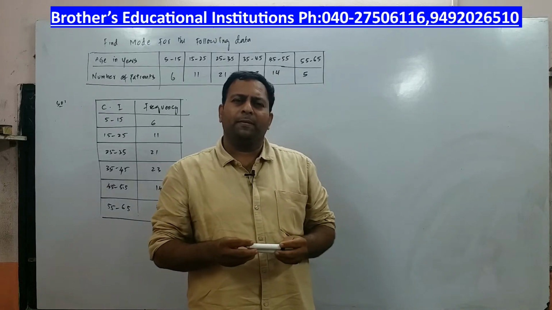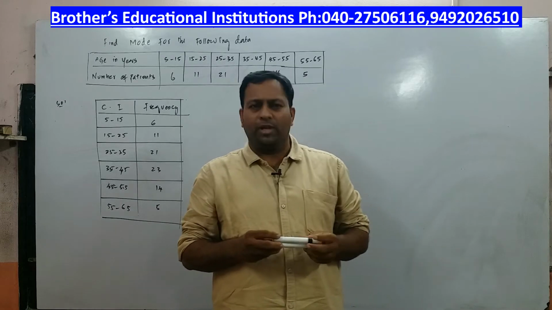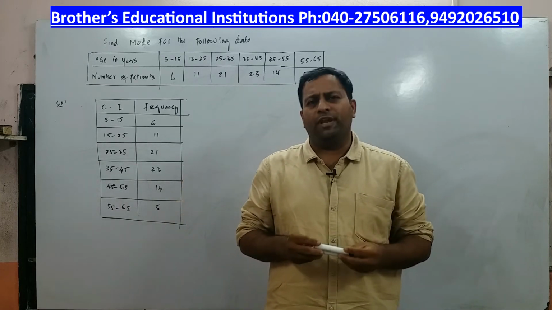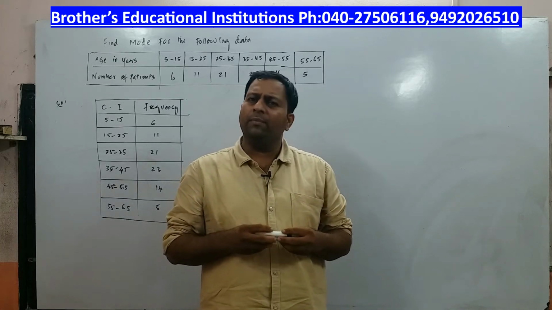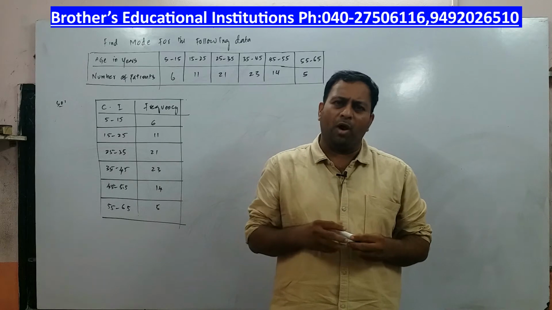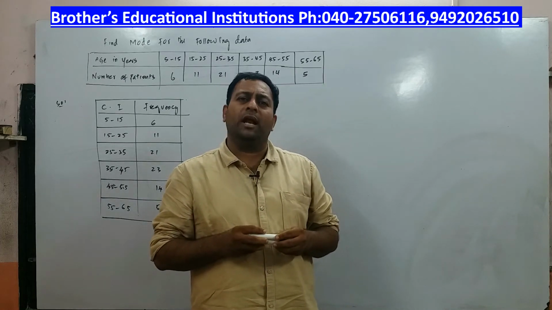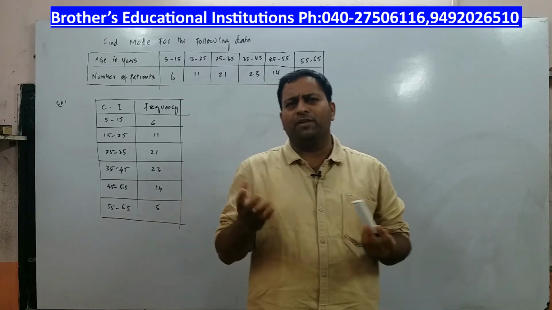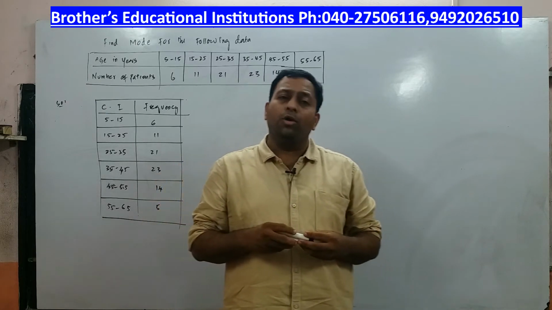Hello students, in the last class I discussed what mode is. The definition of mode was the most frequently occurring number or the most frequently occurring item, whatever you may call it, but that definition was subject to the condition that the data was ungrouped data. But now if the data is given in terms of tables and columns, that is, if the data is grouped data, how do you find the mode?